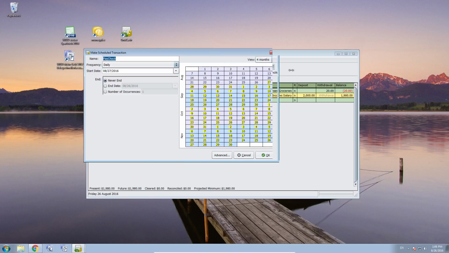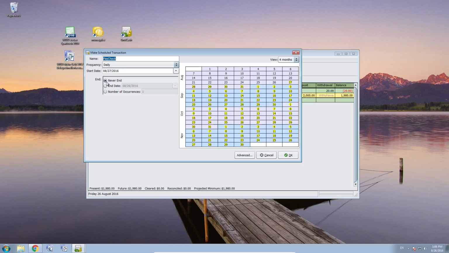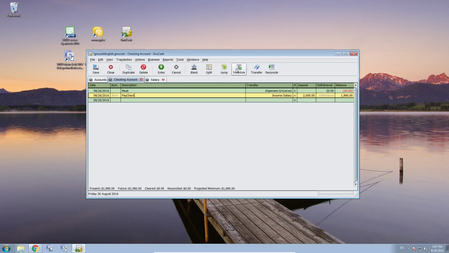But if you don't, you click on Schedule, and there's a calendar opening, and the end, we can say never end. Hopefully our paycheck never ends. Frequency is daily. That would be quite nice, but in Germany it's monthly. Maybe it's weekly in the US. I don't know that for sure. So you can enter the start date, and we set weekly, and you see here on which date your transactions will be made. So if you click OK, now you have scheduled your paycheck transaction,